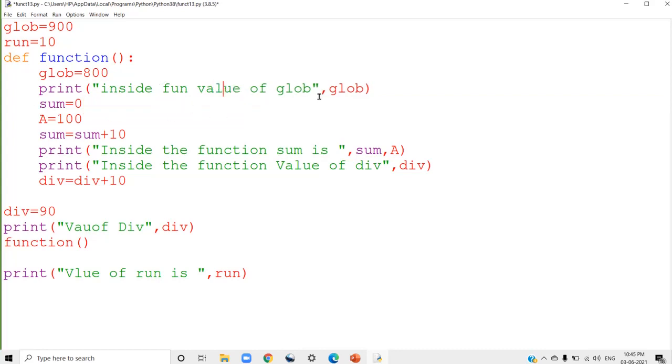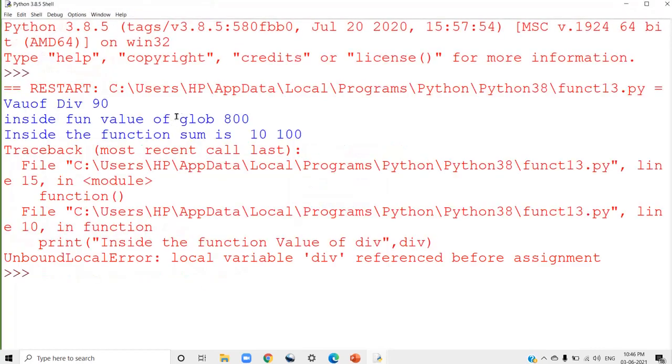Inside the function value of glob. So the local variable value will be displayed here. Just run this program. You just go through the value of glob. You can say glob equal to 800. This error is because I didn't change that div. Div is not changed from the function scope. That is why this error is showing. Here the value of glob is 800.